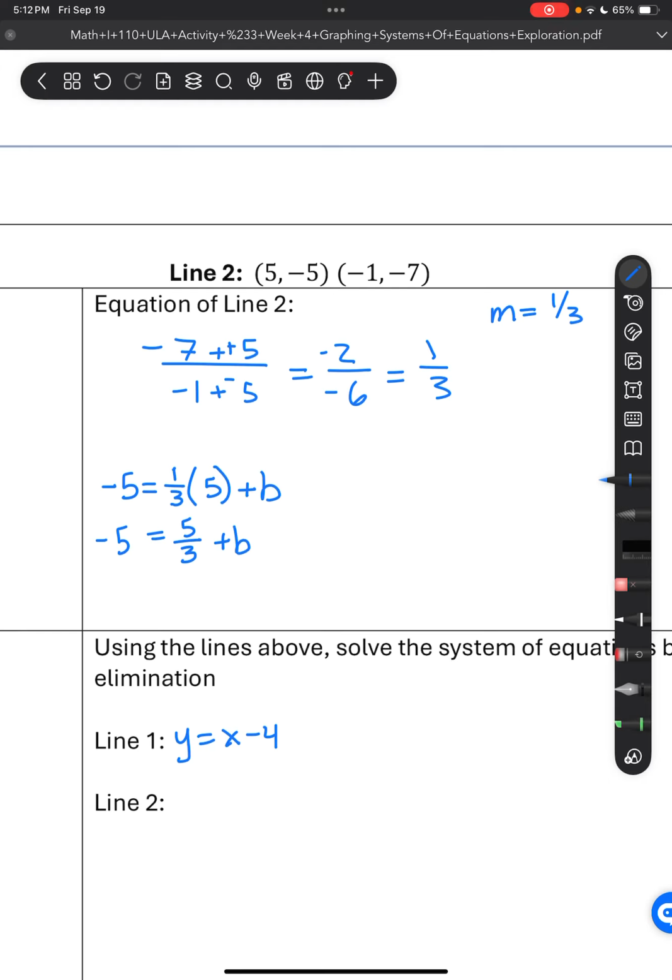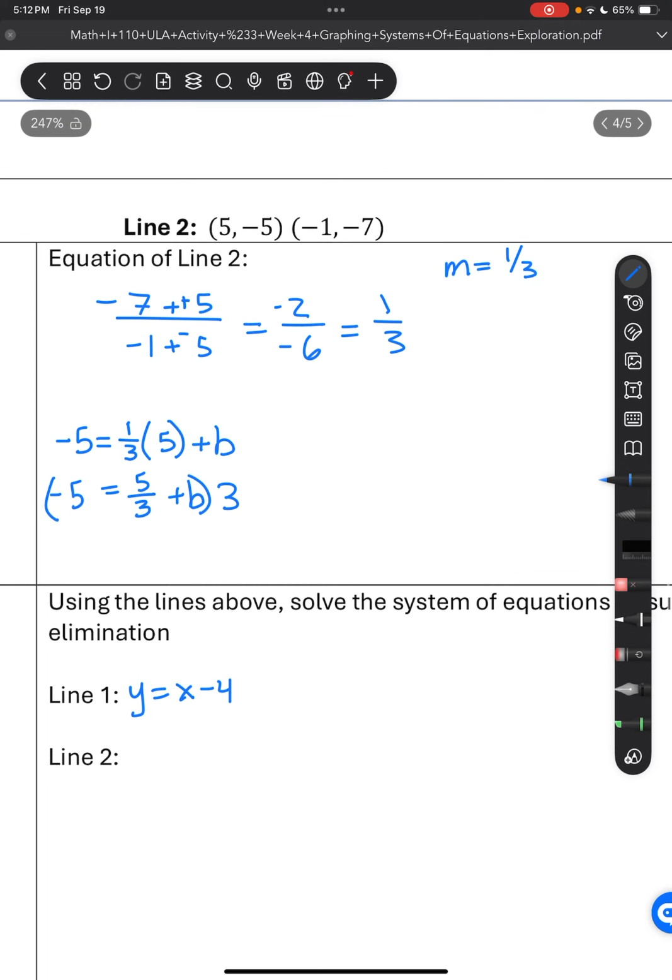Something I'm going to do here is multiply everything by 3, because I just don't want to do adding fractions, so we're going to get rid of this fraction. So that's going to give us negative 15 equals, or not 15, 5, sorry, 5 plus b, because we're canceling those out. So we're going to subtract 5 from both sides, leaving us negative 20 equals